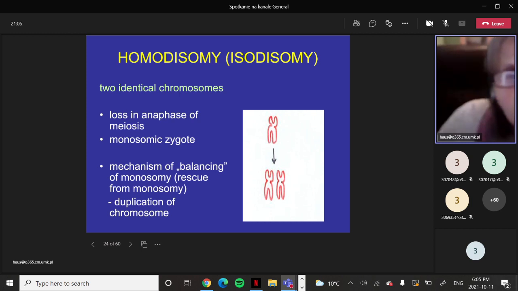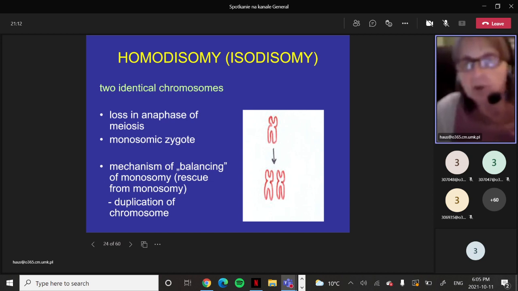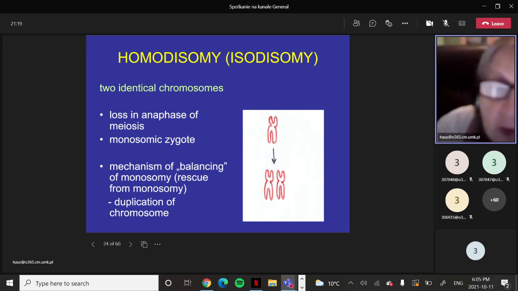The problem is that the green parent lost his chromosome of this pair in the anaphase of meiosis. So green chromosome doesn't exist. And we have only monosomic zygote. Yes, here. And all autosomal monosomic zygotes are lethal. No chance to